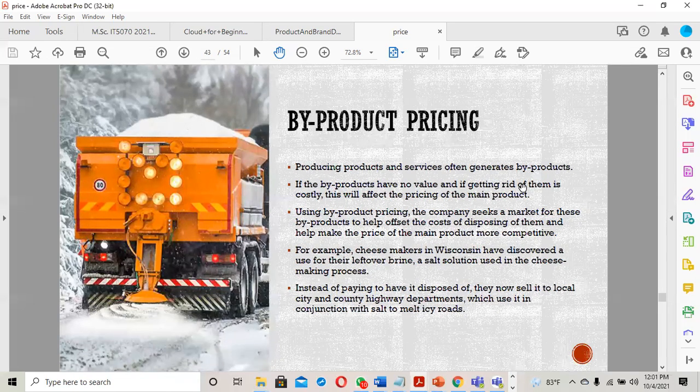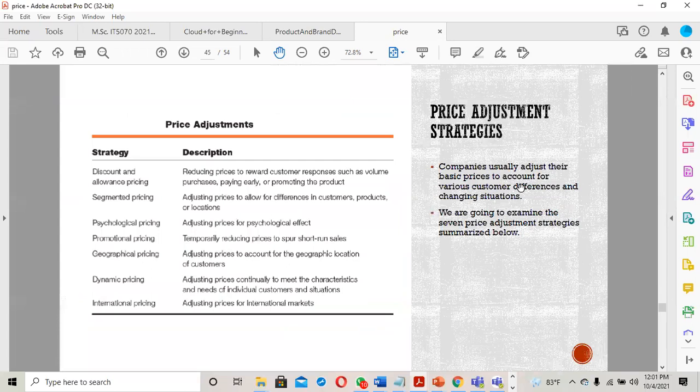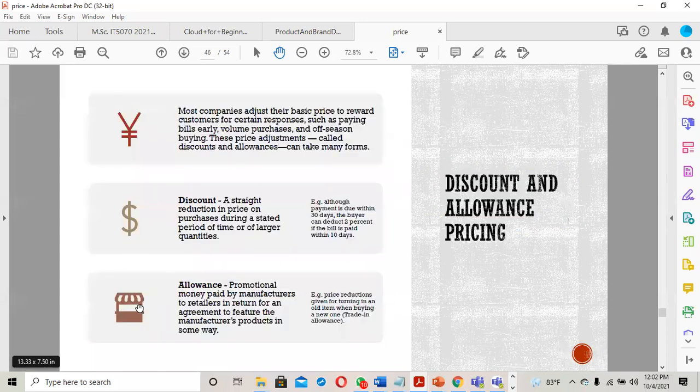So we will move ahead. Price adjustment strategies. There are some ways in which we can adjust the price. These are some of the strategies available. So their basic price can be adjusted, depending on the situation. These strategies are covering different situations. Like, for example,